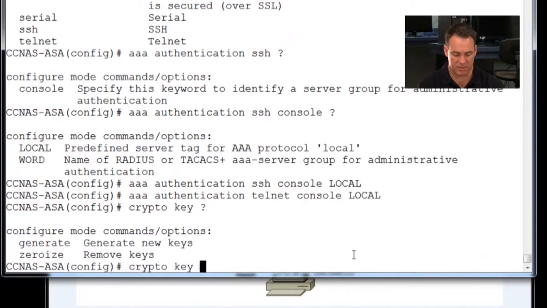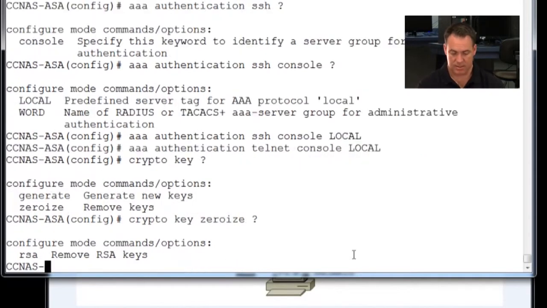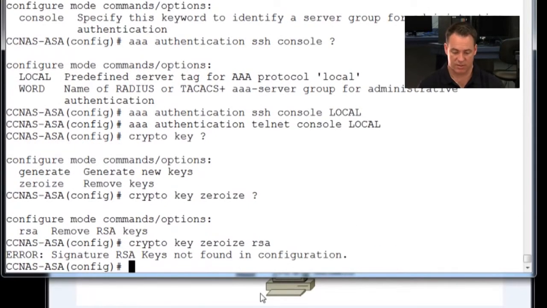And the first thing I'm going to do is zero out the keys. So I'm going to say zeroize, question mark, RSA. And that will zero out the keys. And you can see that the keys have already been zeroed out. So now we'll come back: crypto key generate RSA